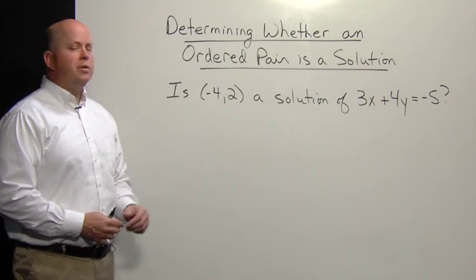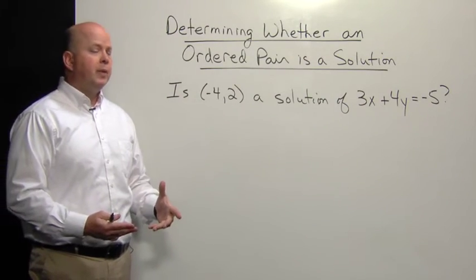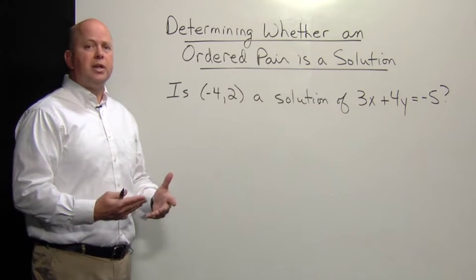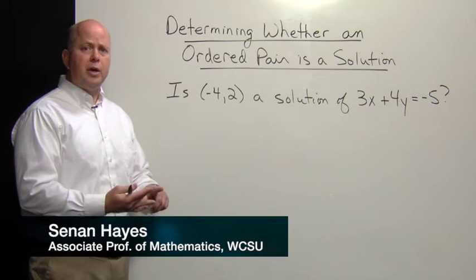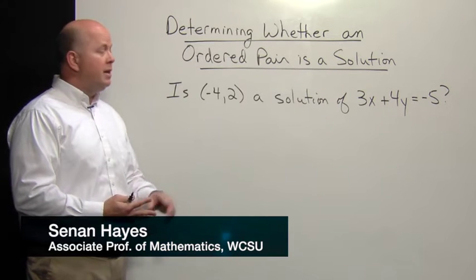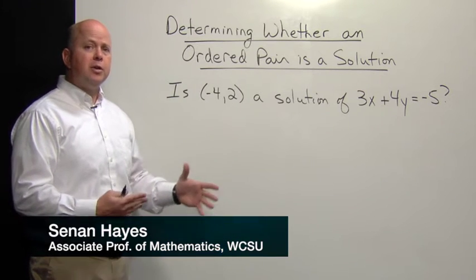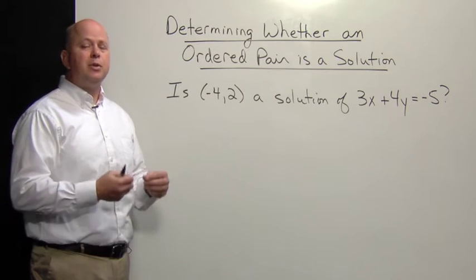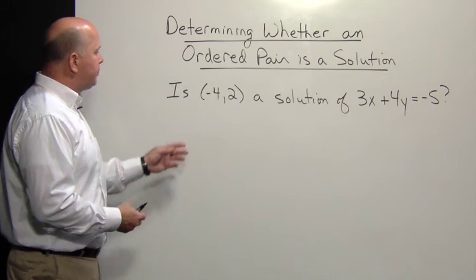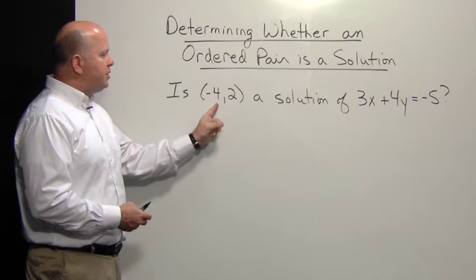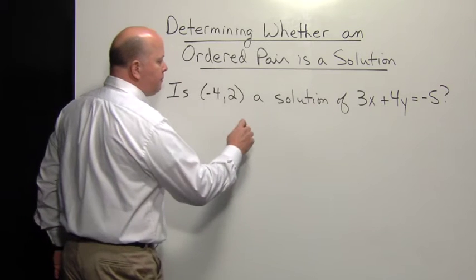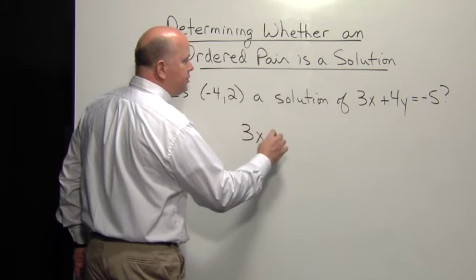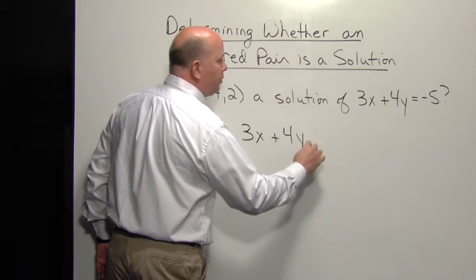Example, we're going to determine whether an ordered pair is a solution. Now we have to understand what a solution is. A solution is a value or a number or an expression that when substituted into an equation or an inequality will make the statement true. So if we want to test whether this point is a solution to that, we substitute the appropriate values for